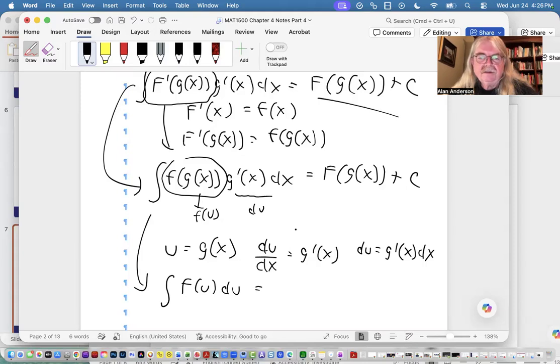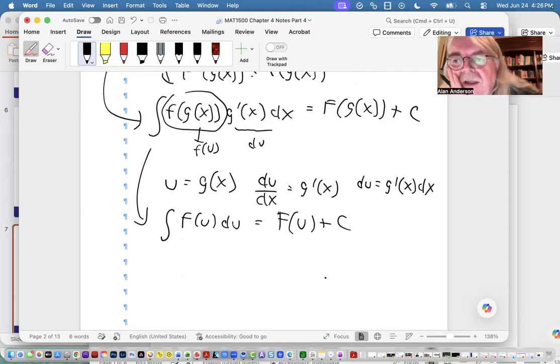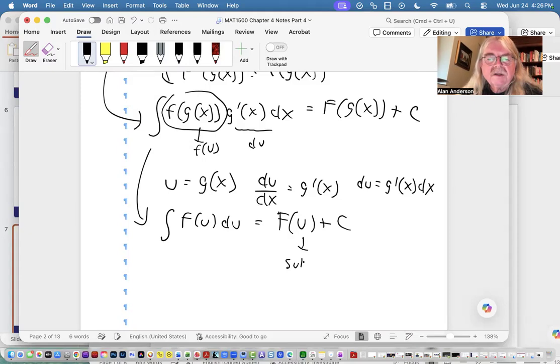And this becomes f of u plus c. Now, why are we doing this? Because very likely the integral that we are looking at here is much simpler than the one we started out with. Now, of course, when you're done, you have to substitute